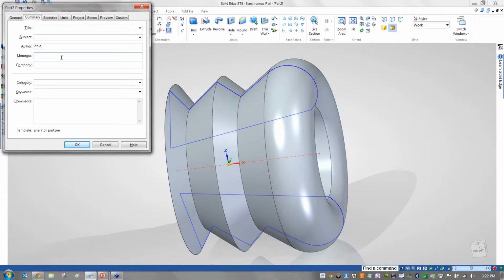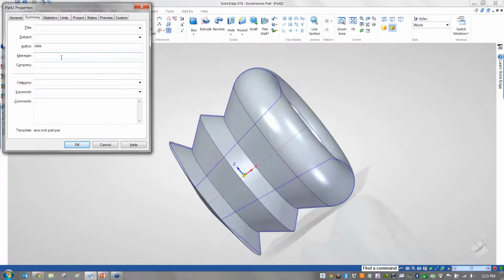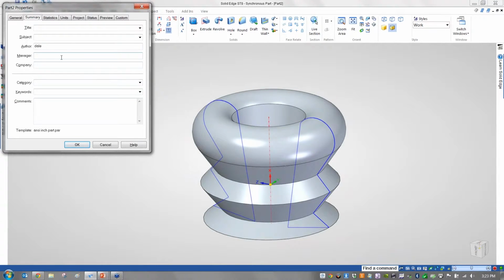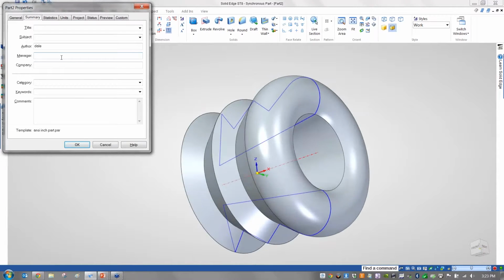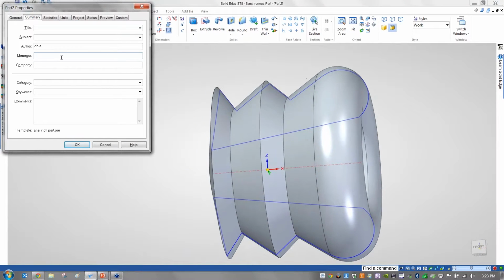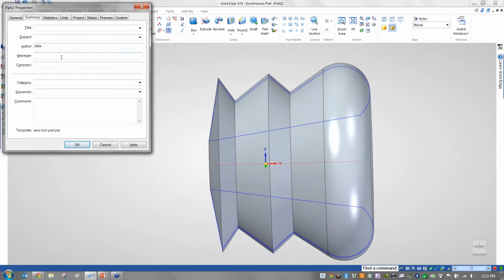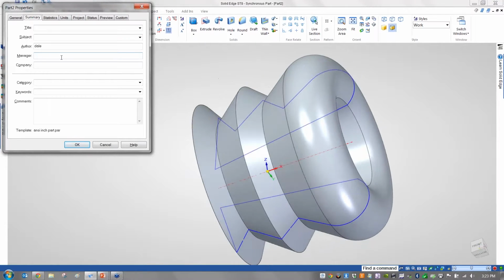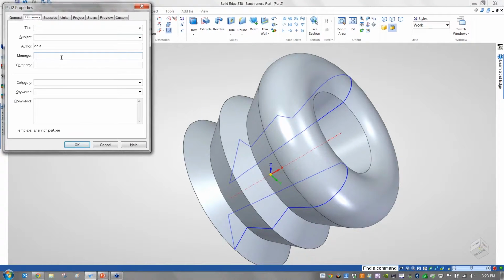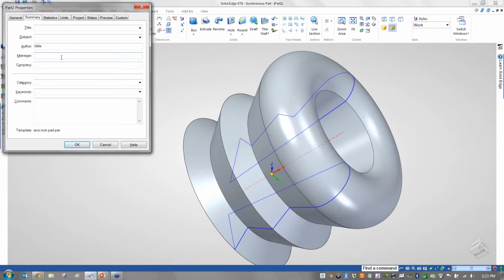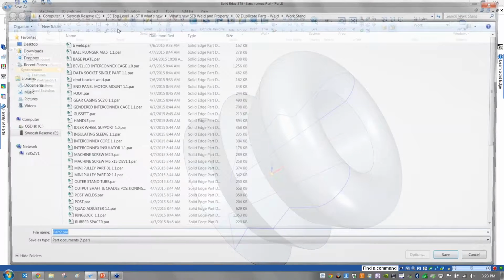Okay? If you're just looking at this, you don't know if it's a concrete planter out by the mall, or if it's a tiny earplug that we're designing to go at the end of our earbuds. You don't know any of that until we start to fill out those properties, okay? So let's look at the idea of properties